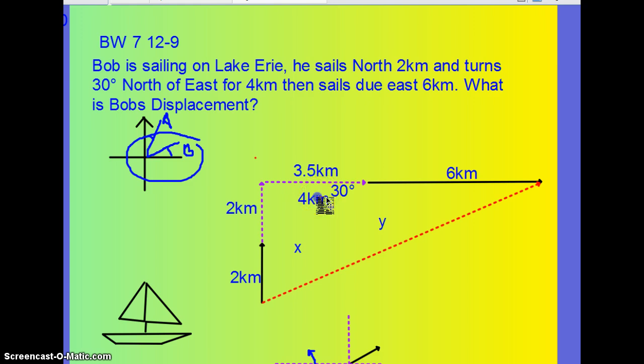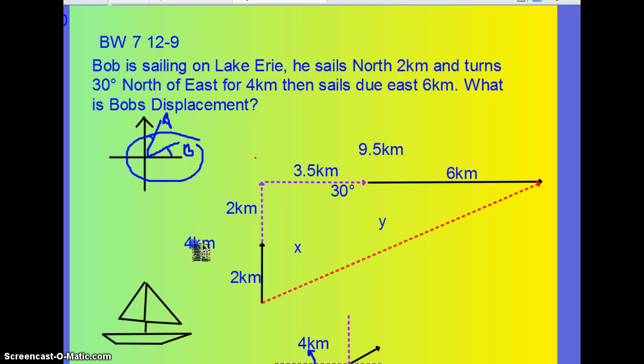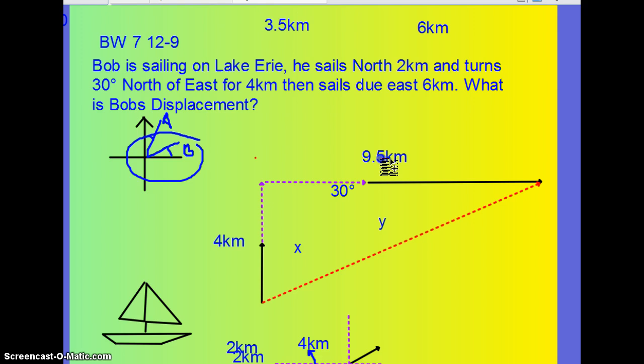So, that's gone. Now we can see Bob went north 2, and from over here went north 2. Then Bob went 3.5 east, and then 6 east. For a total of 4 kilometers north and 9.5 kilometers to the east. 4 and 9.5. Now I'm just going to move these guys out of the way. That's 4, and then these guys, I'm going to move them out of the way. 9.5. At this point, you can use Pythagorean theorem,